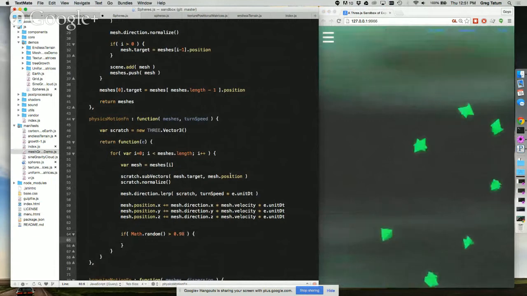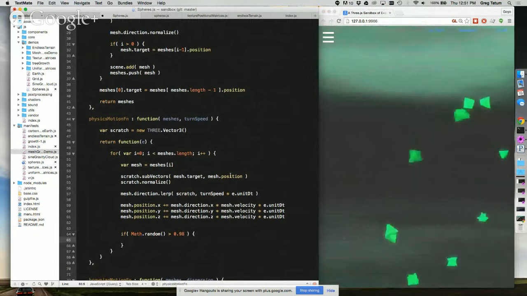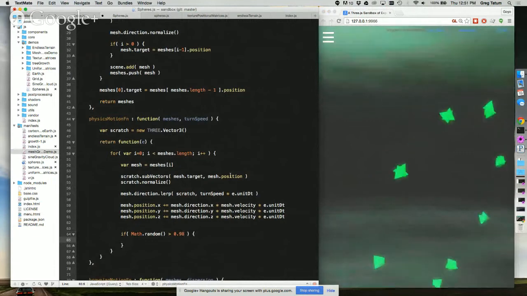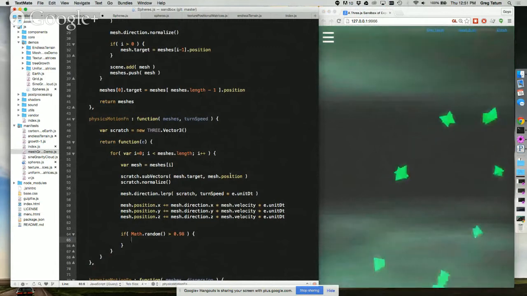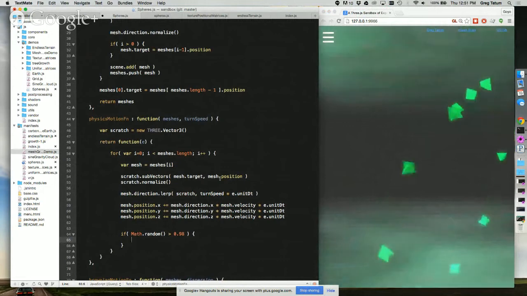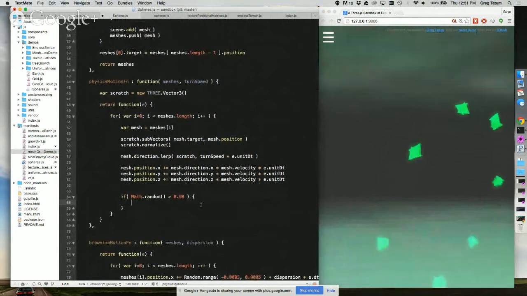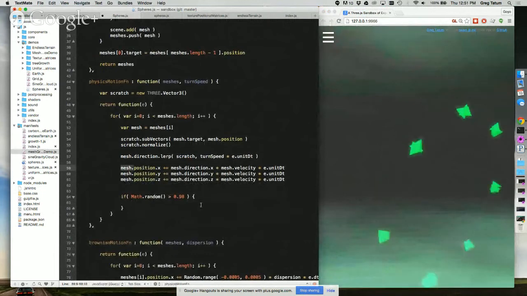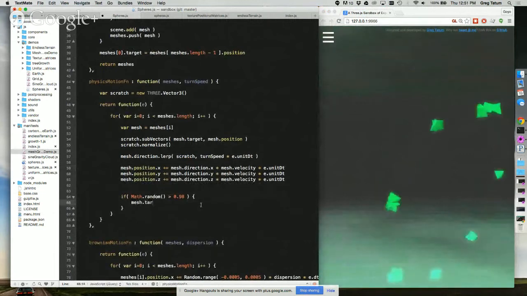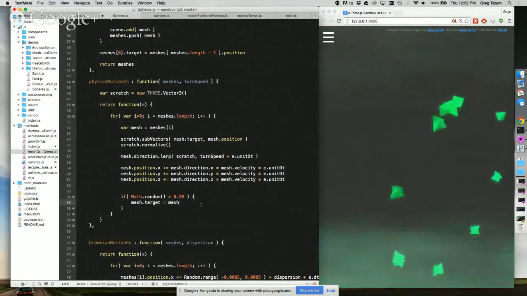A lot of times I'll write this stuff and then take all of my scalar values and collect them all in the config, even if I don't ever plan on using them. Then they're in one place and I can fine tune my visualization pretty easily. So we want to change the target to equal